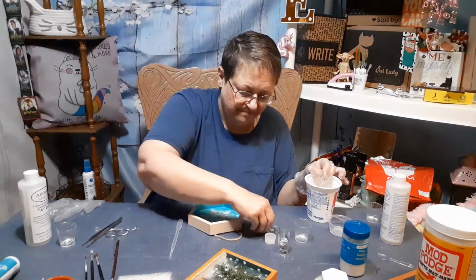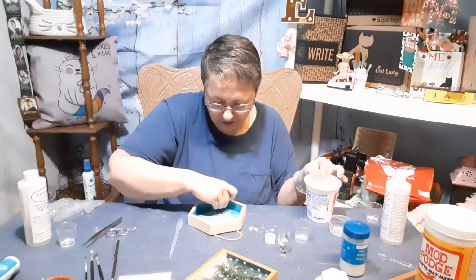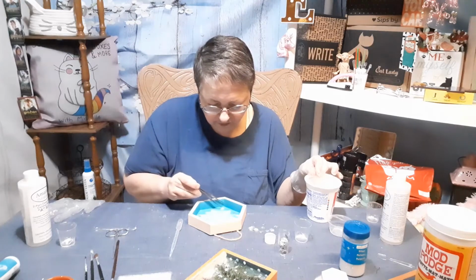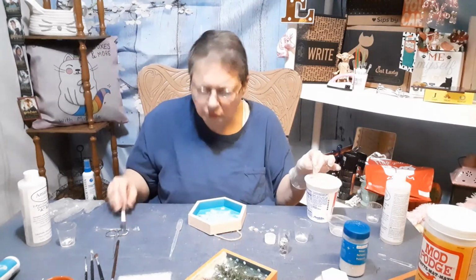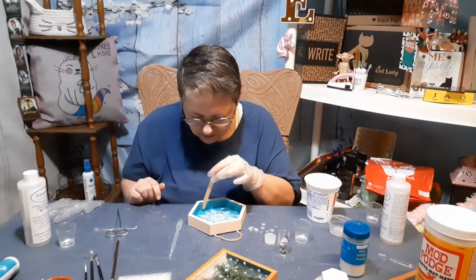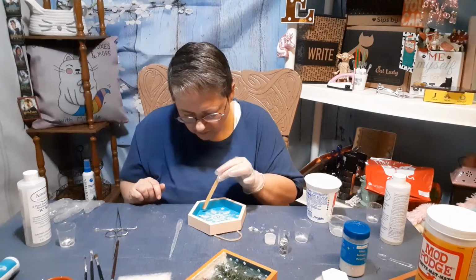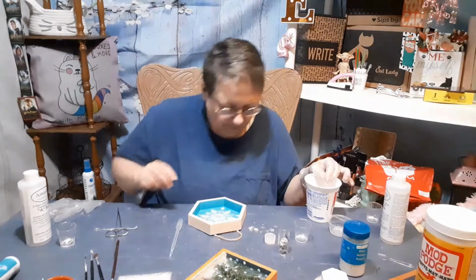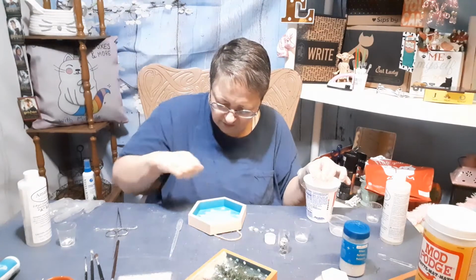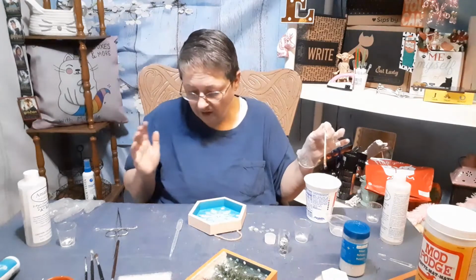But I'm learning. I am learning, definitely, for sure, what resin does and what it doesn't do. What it doesn't do is what I want it to do, and that's what it doesn't do. Nope. Silver one, I think. It seems like there are more silver ones in here than white ones, and it could be that I used the white ones in another project. And yes, I got it on me. I tried not to, but...